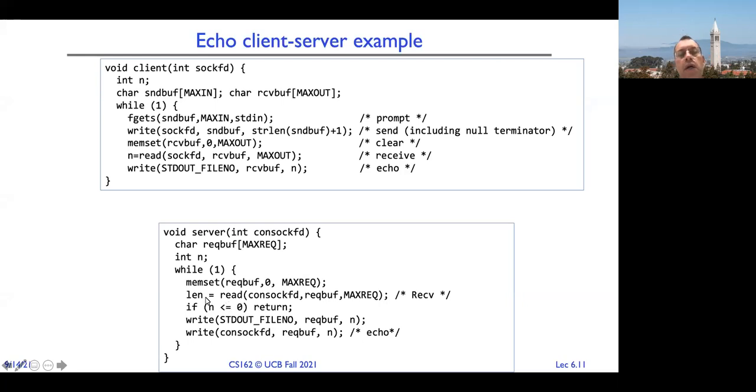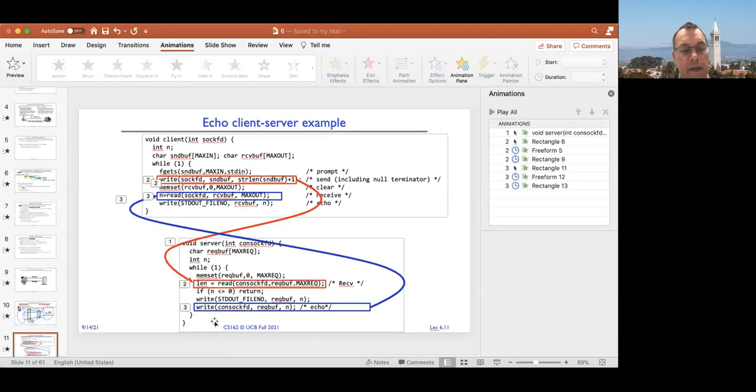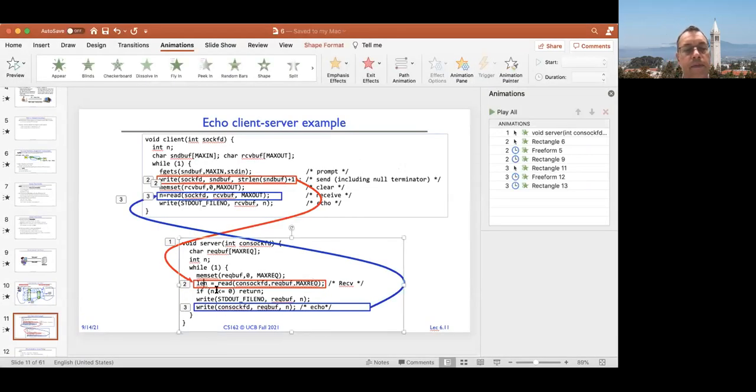So this is how much you read. And if len is less than 0, this means that it's an error. Okay. If len is greater than 0, so this len, actually, let me just try to